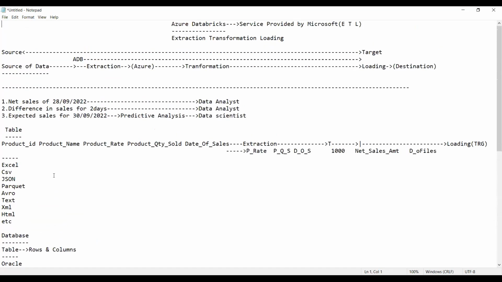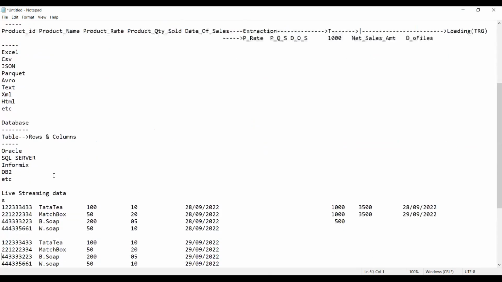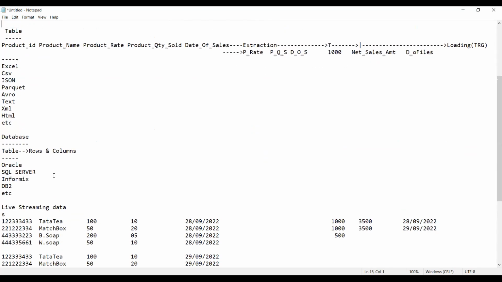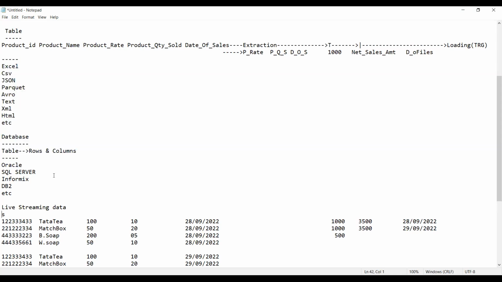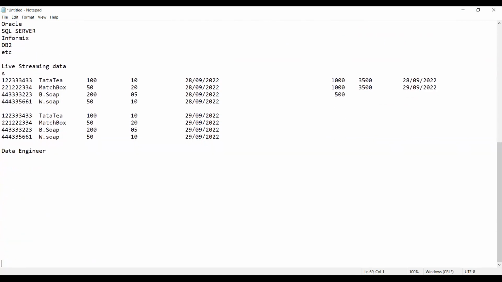Now, guys, as we know, these are the sources of data we can have. Database or whatever it may be, the live streaming data, etc. Okay, so now, guys, let us move further.